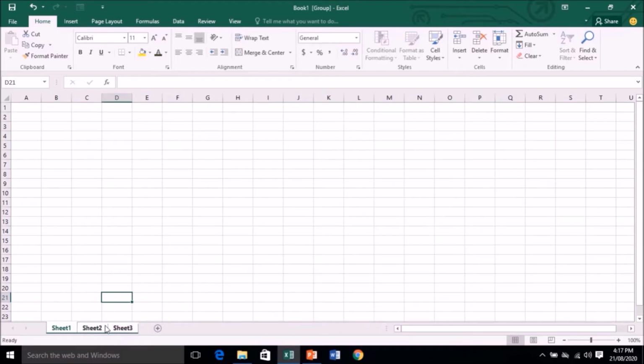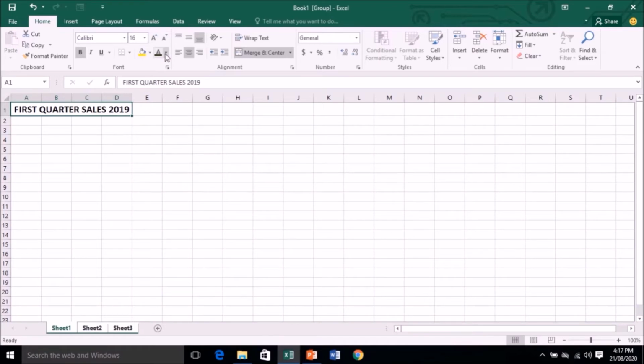As the first step, we will select A1, B1, C1 and D1, and then click on the Merge Cells option. And let's type the data. Here we have entered First Quarter Sales 2019. My dear children, whatever we type here right now will be affected in all the 3 sheets. We are typing only in the first sheet, but as all 3 sheets are grouped, whatever you type here will be reflected, and whatever formatting we do, colors we apply, will be reflected in all the 3 sheets. So here we are writing the names. Okay, let's see this.